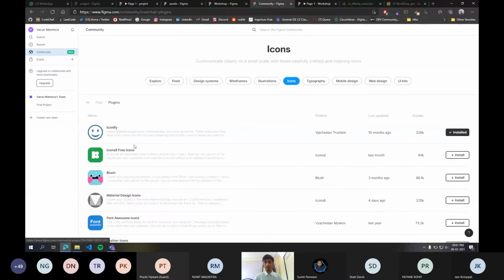And Iconify is a very popular plugin. As you can see, its downloads are 326K. Okay. Now mine is already installed. Y'all can install this plugin. I'll just wait for some time so that you download this plugin.